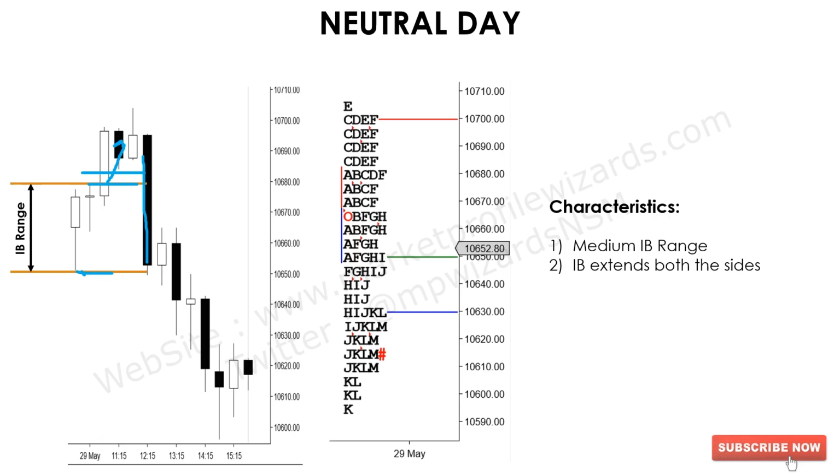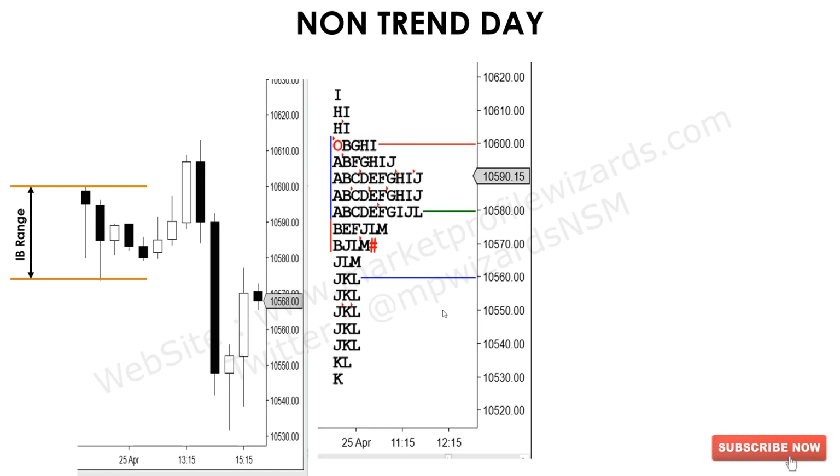Then comes the third important characteristic. I would say it's a probability of occurrence, which is 15%, right? So if I take the last 100 trades, around 10 to 15 trades I can expect neutral days, right? And then move on to the next important one, similar to the neutral day structures, but the only difference is it